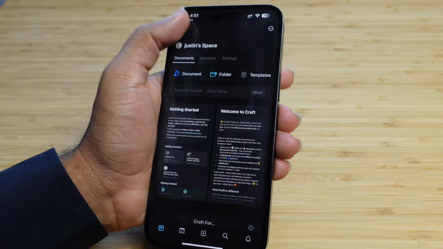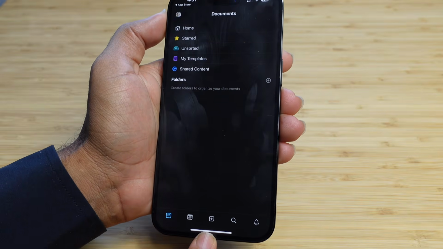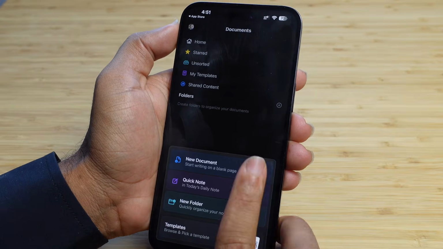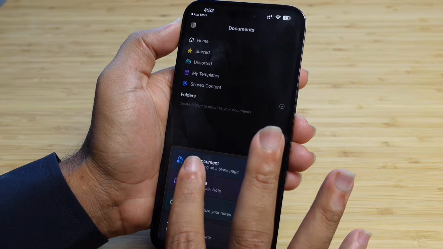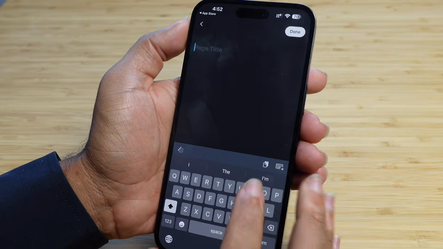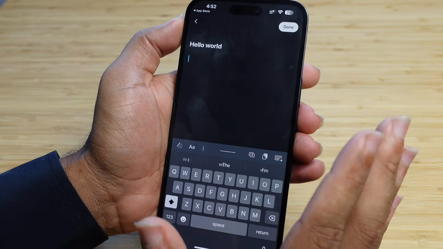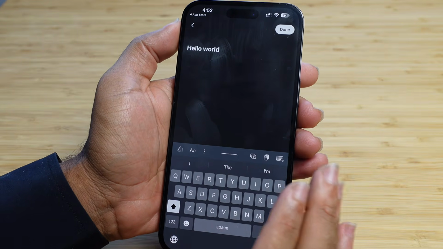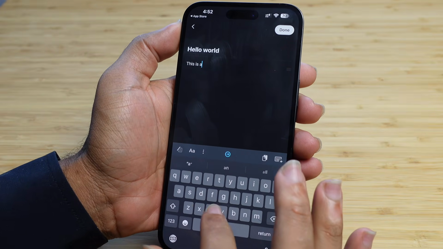So let's take a look at what it looks like to make a document. If we go over here in the middle, we've got this plus button. We can go ahead and create a new document, a quick note, or a new folder, or we can browse templates. Let's go ahead and just hit the new document button just like this, and we can name it Hello World. So just like that, I've named a new document. I can come over here, I can play around with all the different settings here. I can say, this is a